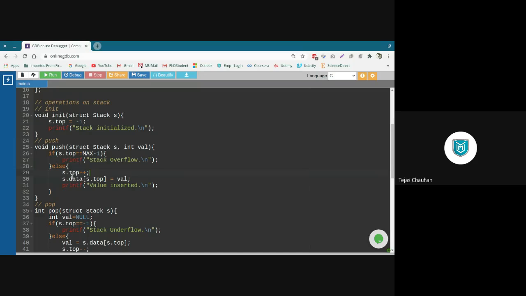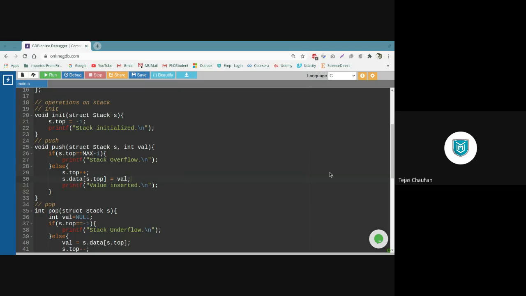And then I use that garbage value as an index of my array. Now my array is of size 5, and whatever garbage value I'm passing as an index is not within the range of my data array. So I'm accessing an element of my data array which is out of range, beyond the range of my allocation. So at this line number 30, that segmentation fault error happens. Now, when this runtime error happens, it terminates the entire program, and that's the reason we do not have this message also.